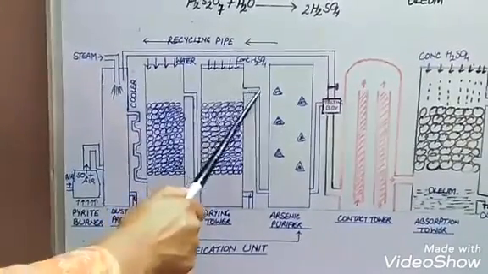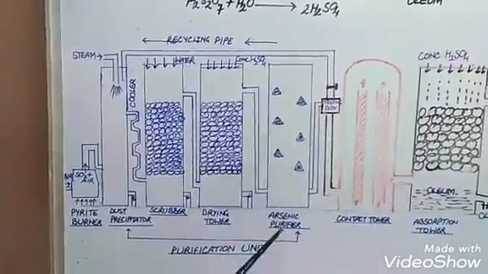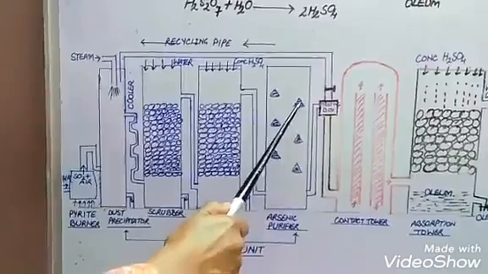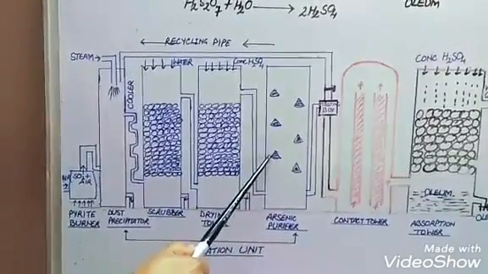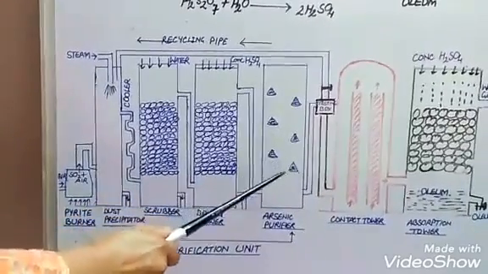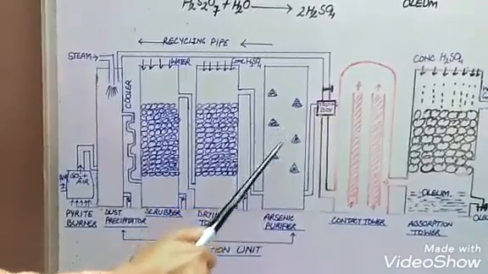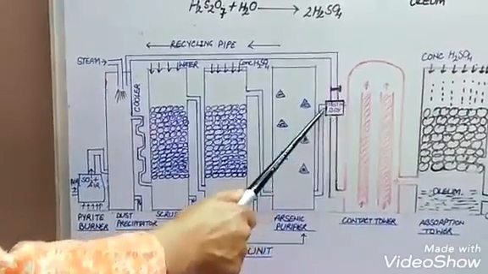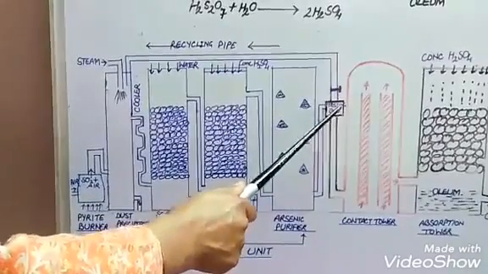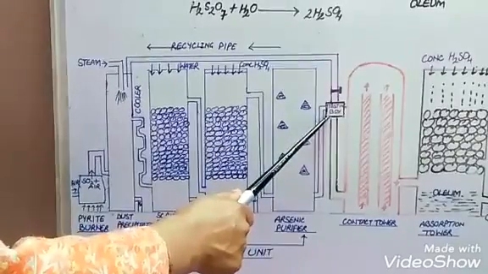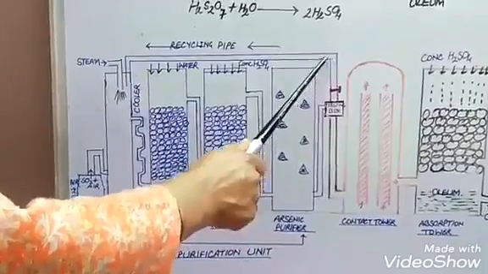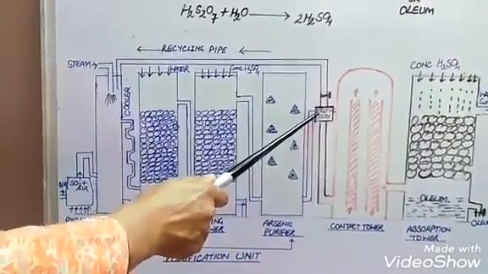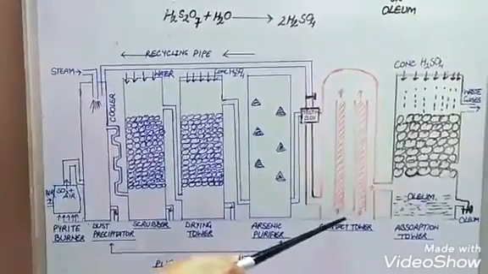Then dry gases are passed into the next part which is called arsenic purifier. This arsenic purifier contains ferric hydroxide placed at various places, and its function is to absorb arsenic oxide if present as impurities. Then these pure and dry gases are tested in the testing box, which contains a transparent glass top, and light is focused on it. If impurities are present, they get illuminated with the light, and then this mixture of gases is recycled through this purification unit. If they are free from impurities, then they are passed into the next chamber which is called contact